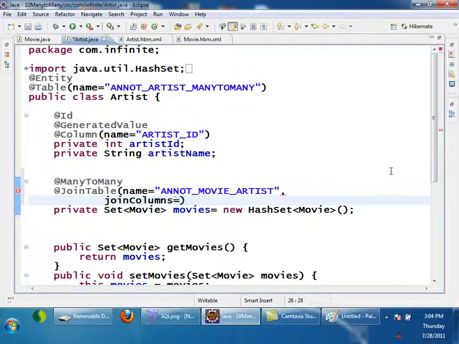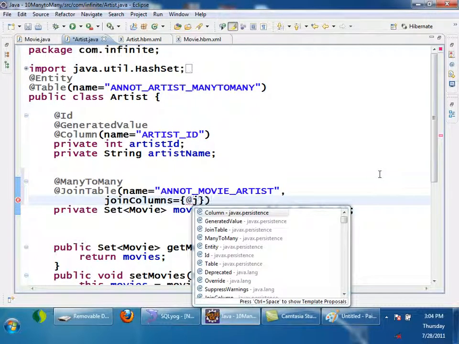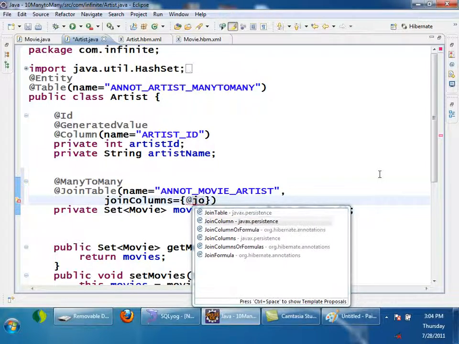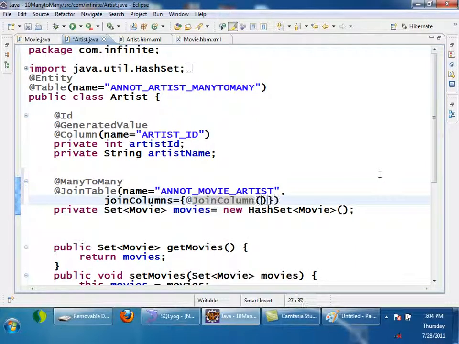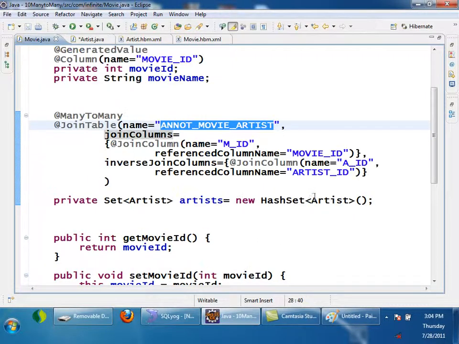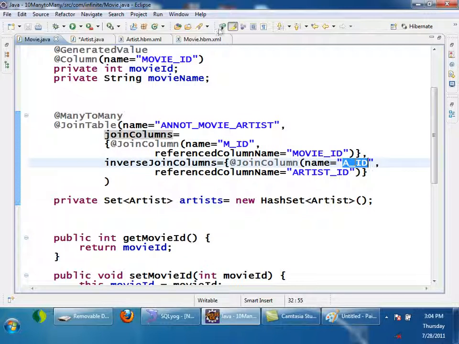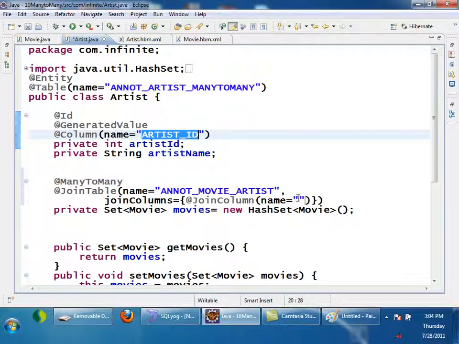JoinColumn is equals to, yes, at JoinColumn, name is equals to, means here this is referring to foreign key going from this side, right? What I gave here, a_id, right? Same I should give here. JoinColumn is a_id, referencedColumnName is artist_id.